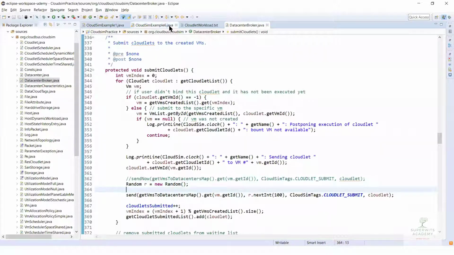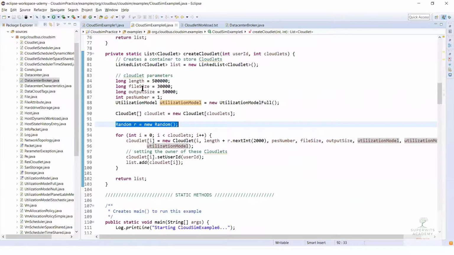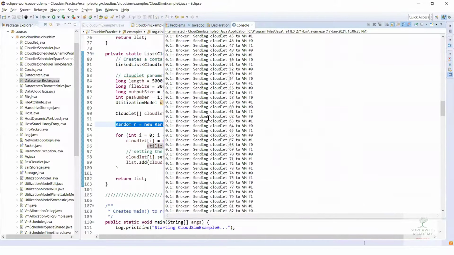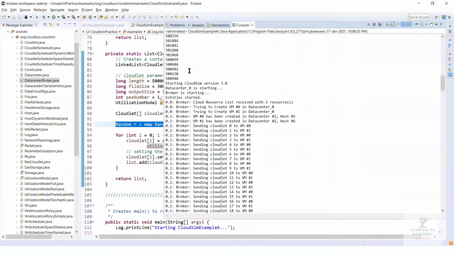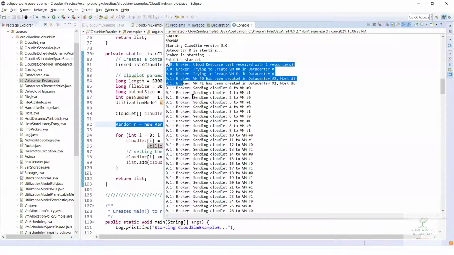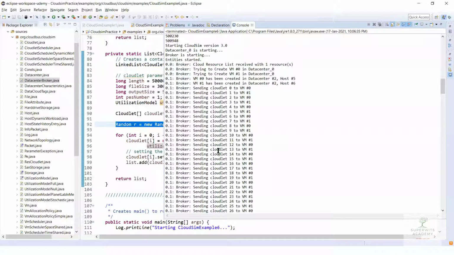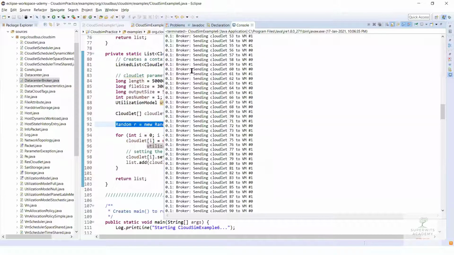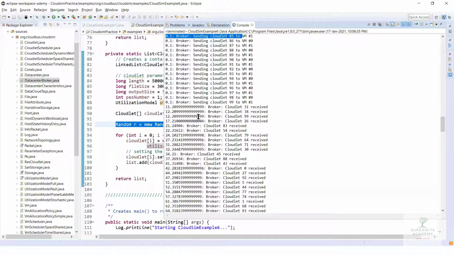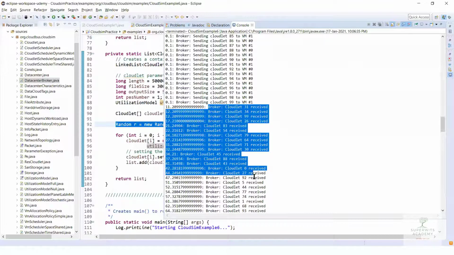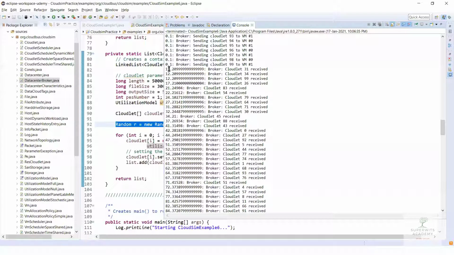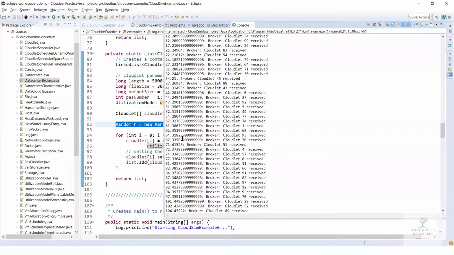So if I execute this particular example, you can see some printing happening, and after that printing, you can see that the cloudlets are being submitted to the system, but they are being received at very different times. Some are received at 11, 12, and so on.